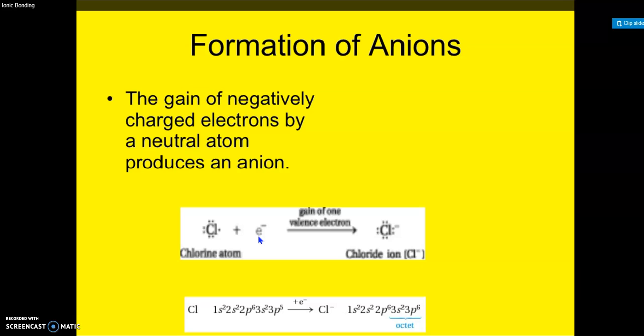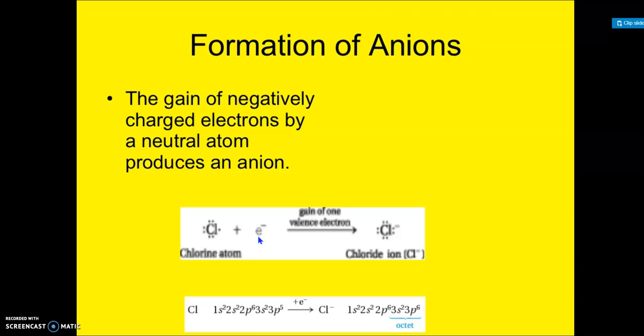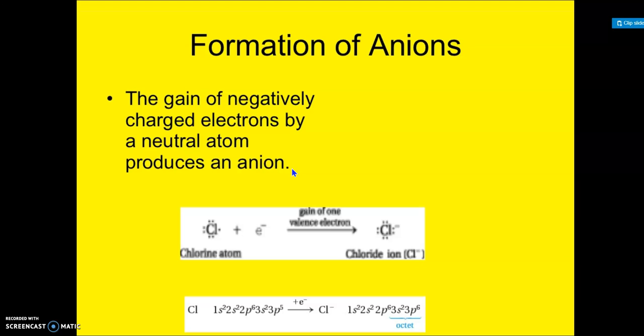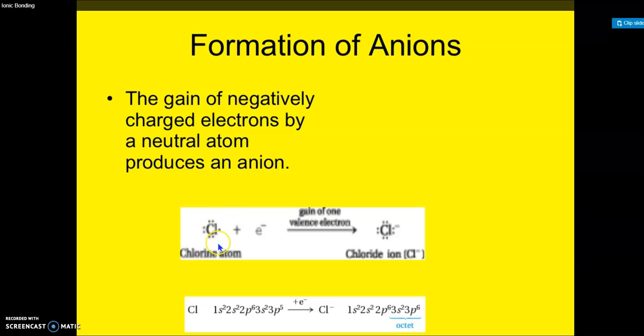Next we discuss the formation of anions, or how to form an anion. Simply, the gain of a negatively charged electron by a neutral atom produces an anion. So an anion is formed by the gain of one or more electrons. Here is the example: a chlorine atom plus 1 electron, gain of 1 electron, gives the chloride ion,